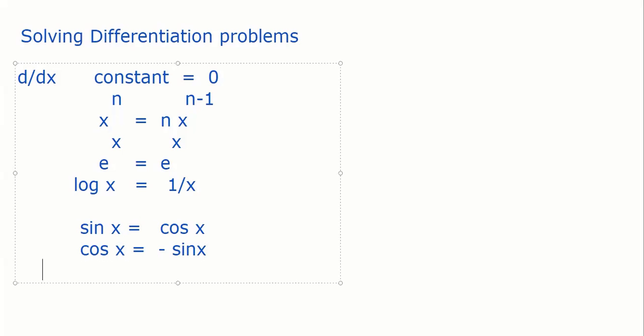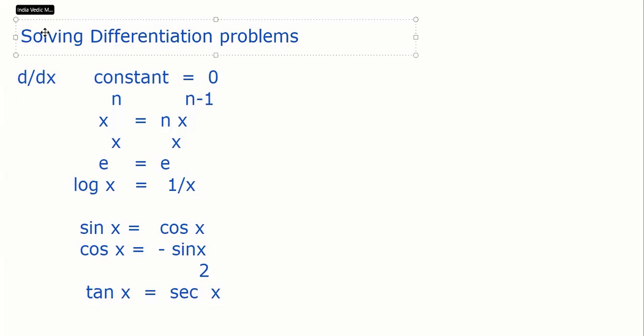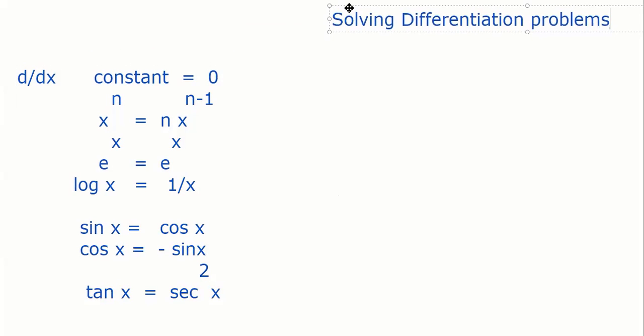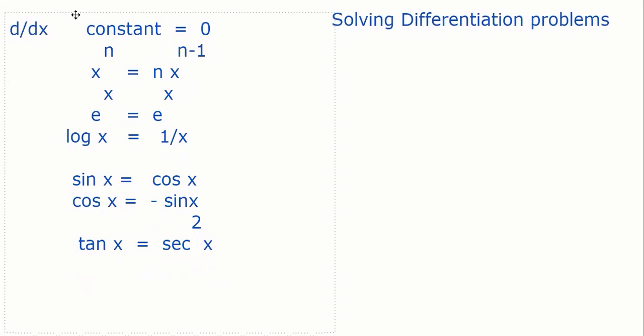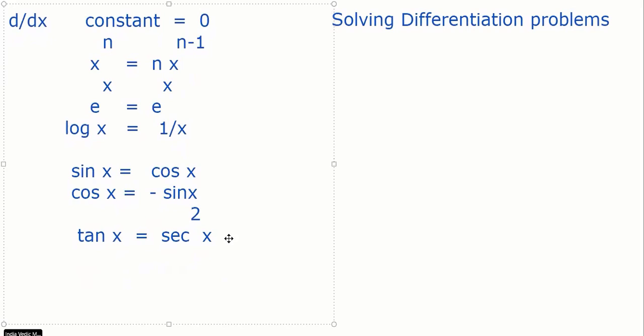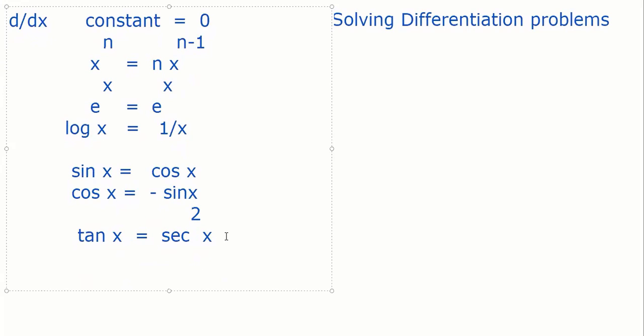If you do the differentiation of tan x, it is given by secant square x. This should be on your fingertips. And differentiation of, let me put some space there, 1 second. Okay, let me write it here. Everybody should note this down, and it should be at your fingertips because that will be useful to solve many problems. Similarly, differentiation of cot x